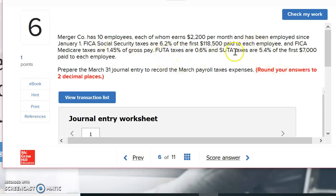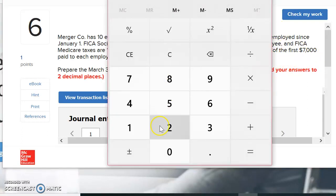And then you've got your FUTA and SUTA, which relate to your unemployment. The employers are the ones responsible for paying these percentages to the federal government and the state. And it's only on the first $7,000, and because it is January 1, and we're in January, no employee has met that threshold. So let's go ahead and first take the $2,200